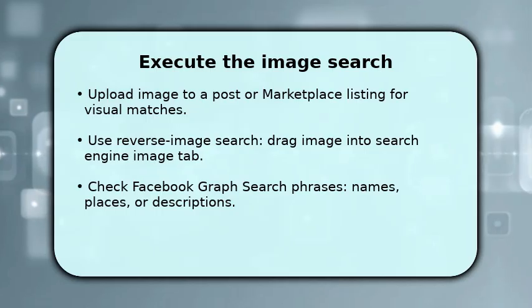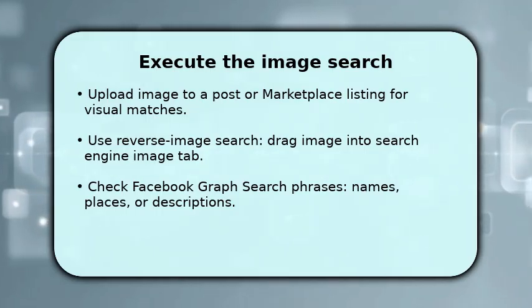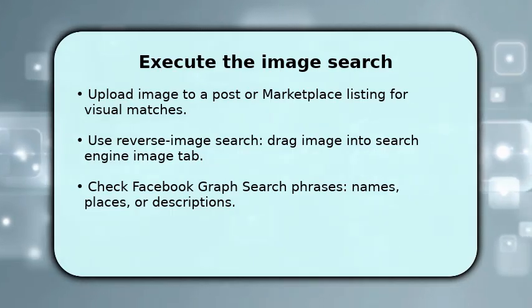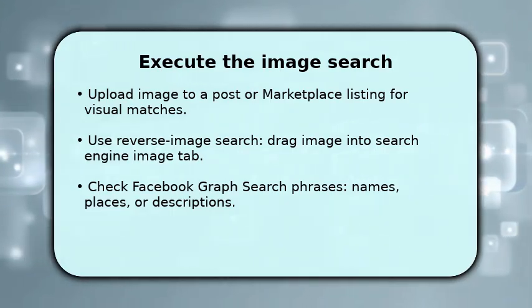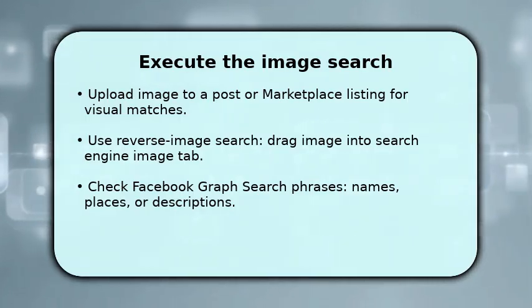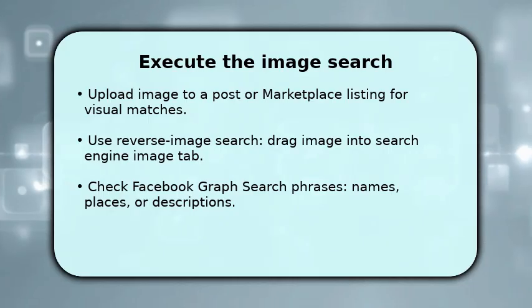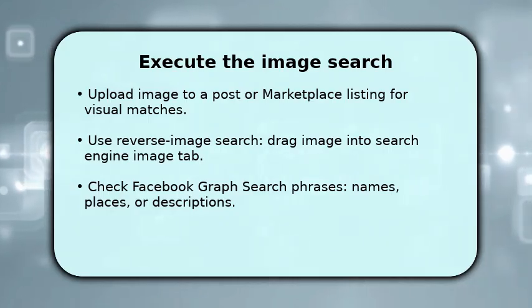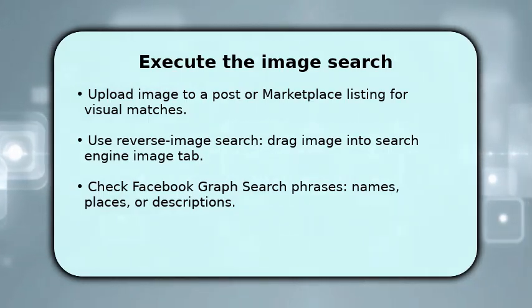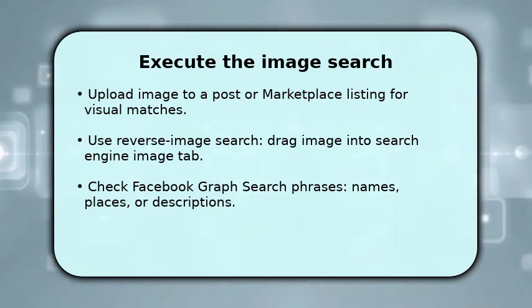Scan those. Next, open a reverse image engine like Google Images, drag the photo into the image search box, and scan results for Facebook-hosted copies. Look for FBCDN or Facebook.com links. Also try Facebook graph search style queries. Type descriptive phrases, names, or locations in the Facebook search bar to surface profiles or posts that match the image